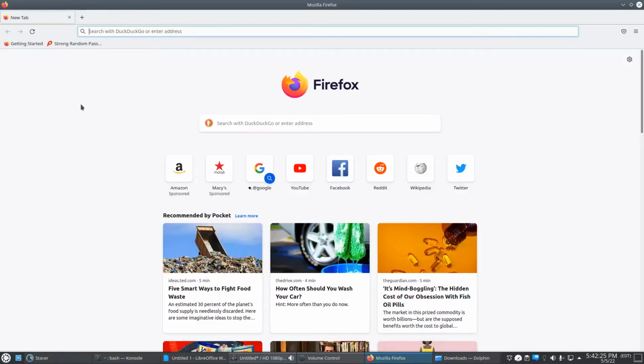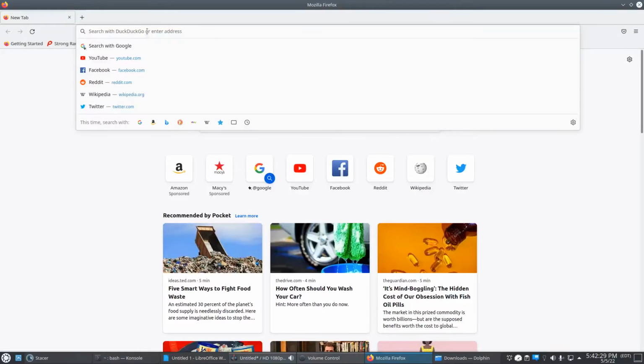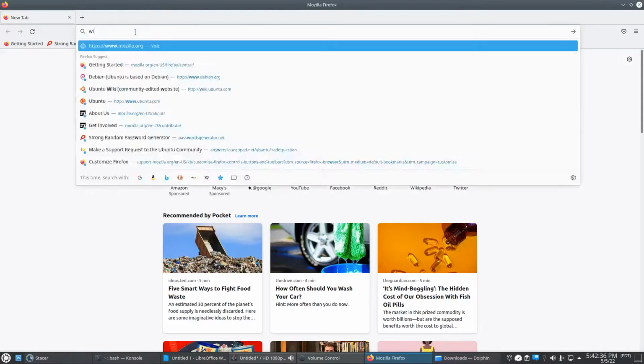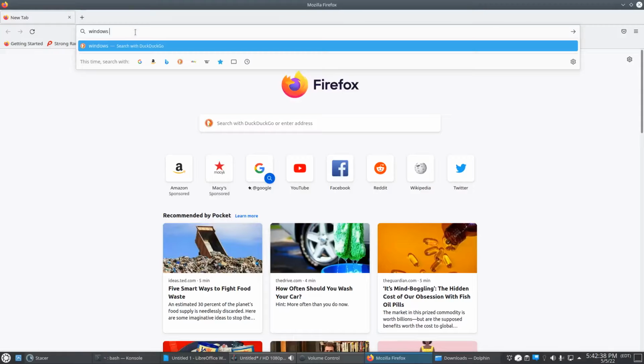Okay, so with Windows 11 being out now, I figured it'd be a good idea to make a video on how to set up a Windows 11 virtual machine. So to start off with, we got our web browser Firefox open. So we're just going to search for